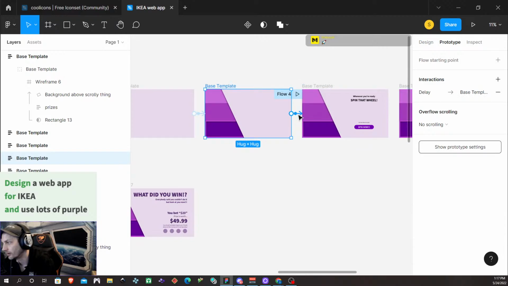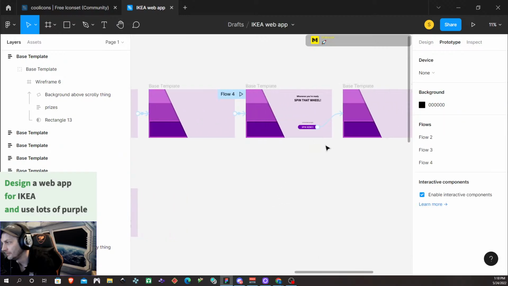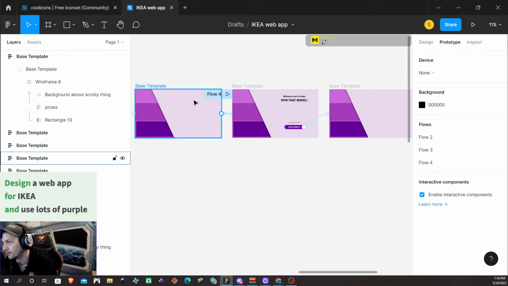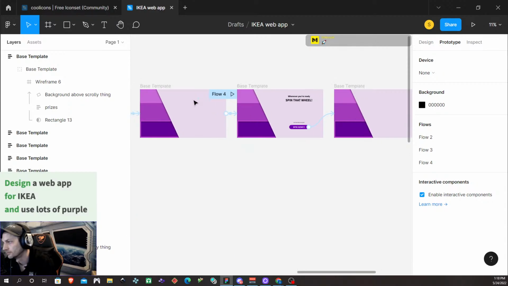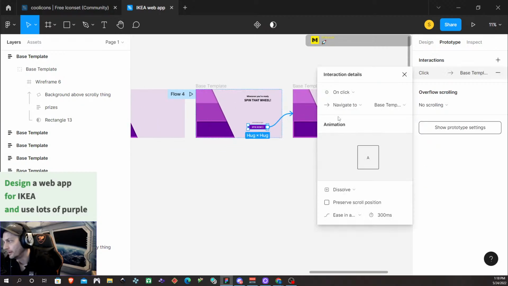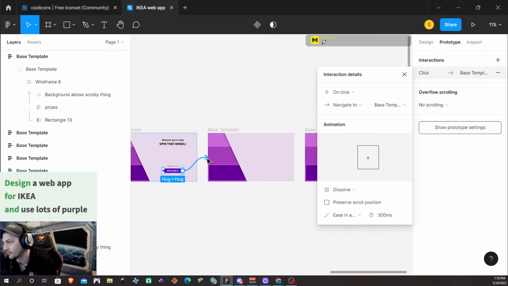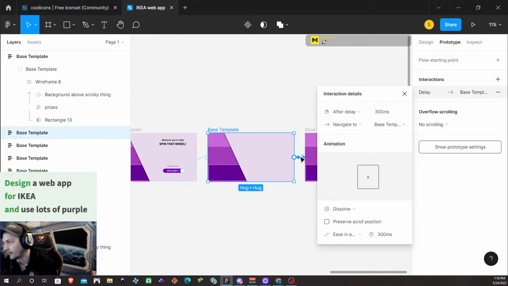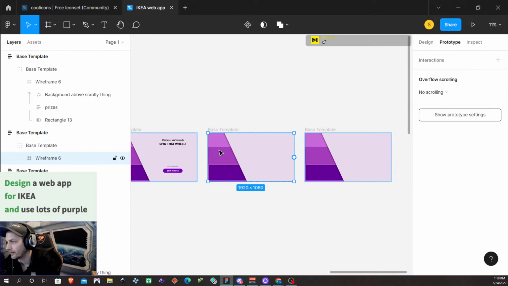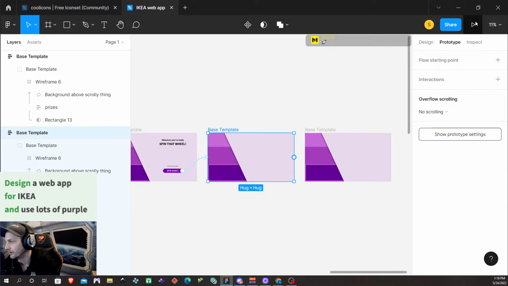Prototype. How long did this one take? 300 milliseconds. Oh, you know what? After 1,500 milliseconds. There we go. That should be better. And then after delay, I'm not actually sure I needed that one. Let's try, if I just do this, it should